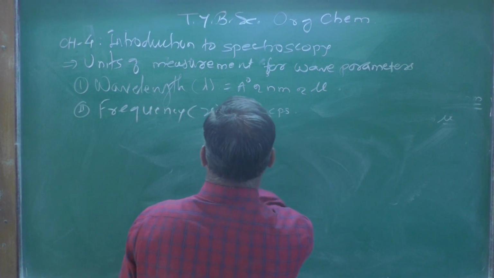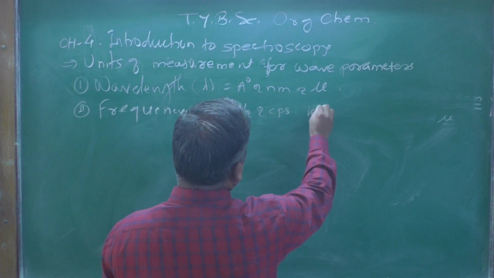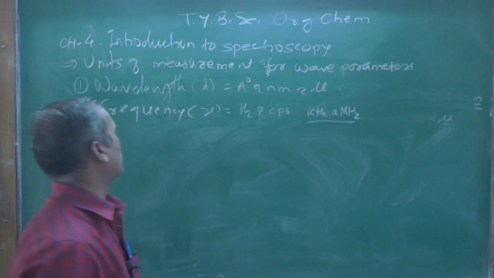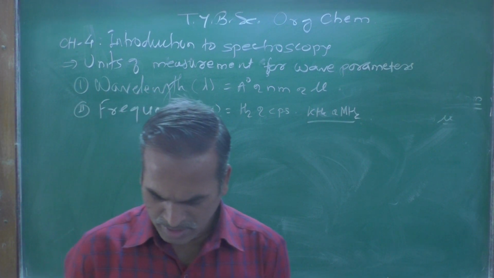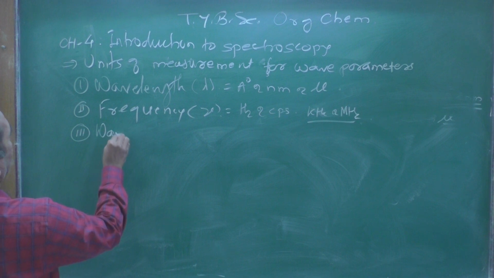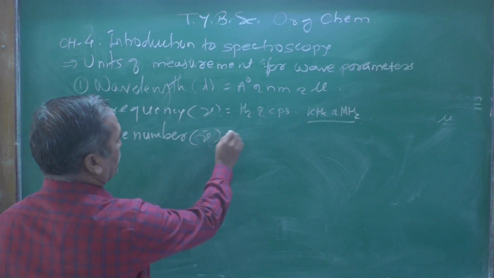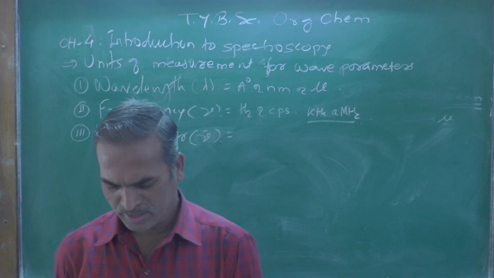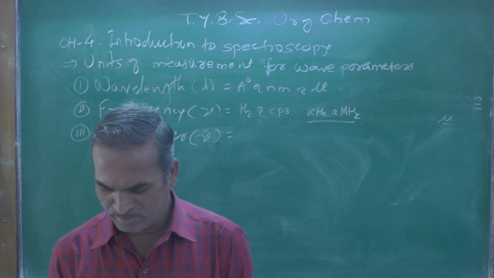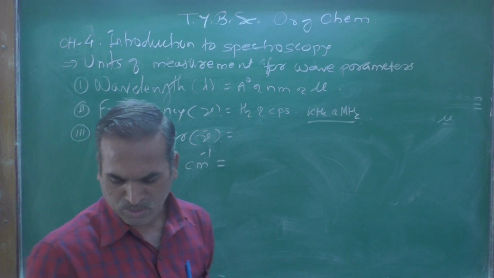Next we have seen hertz or cycles per second, kilohertz or megahertz. These are the units of frequency. And now the third one is the wave number. The third parameter is the wave number, which is represented by mu bar. It is measured in terms of number of waves per centimeter, or per centimeter, or we can call it